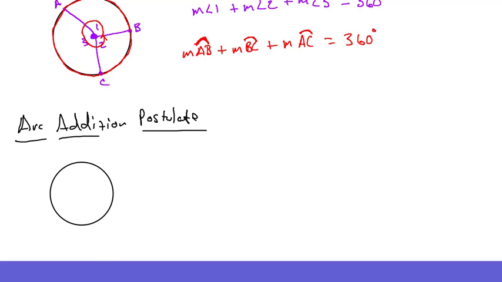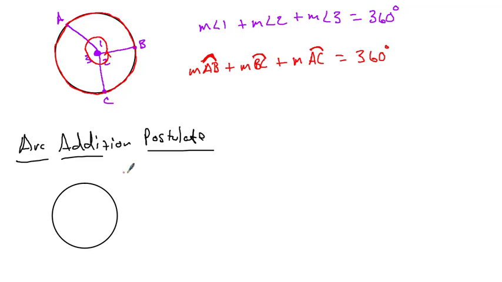We're going to put a center in it, so center C. And we're going to put 1, 2, D. And so what we're going to say here is that the measure of arc AB plus the measure of arc BD equals